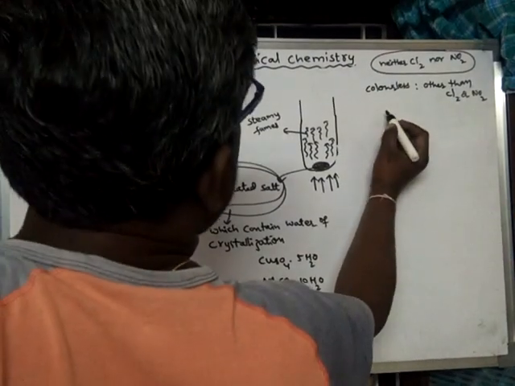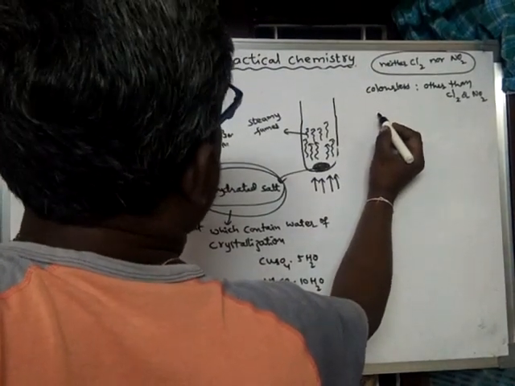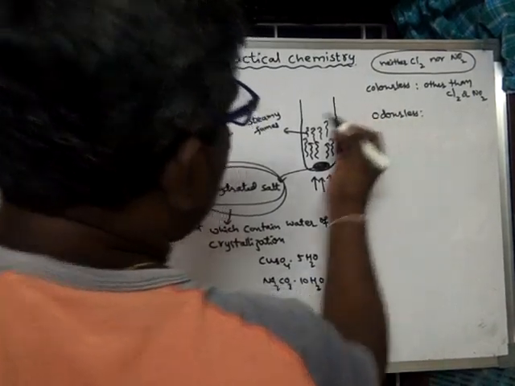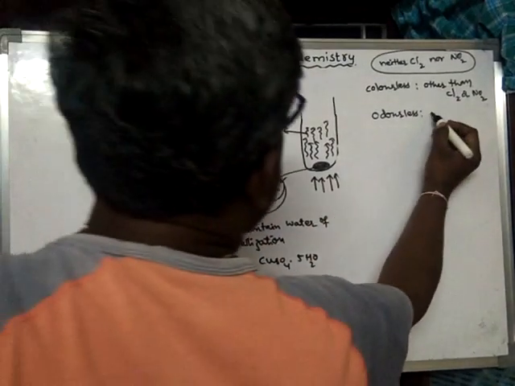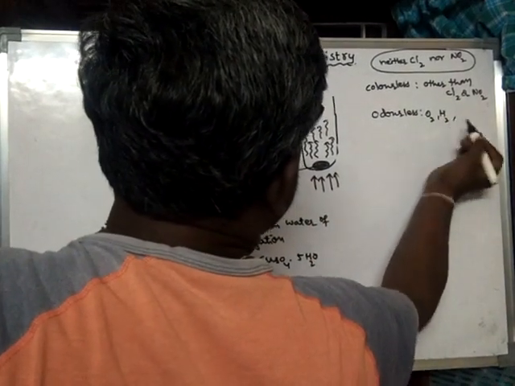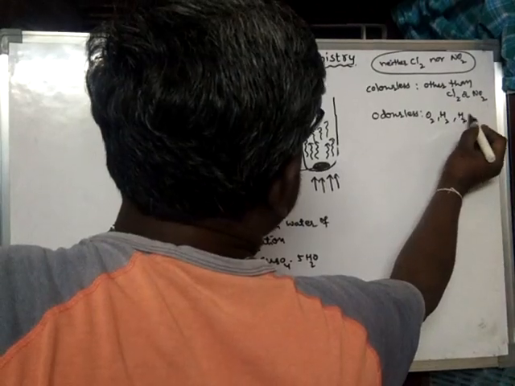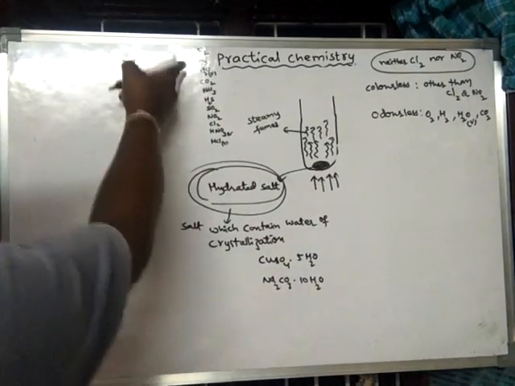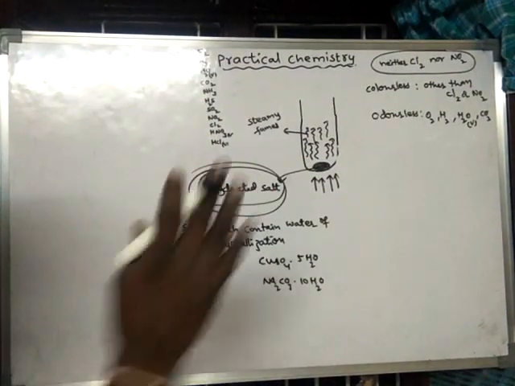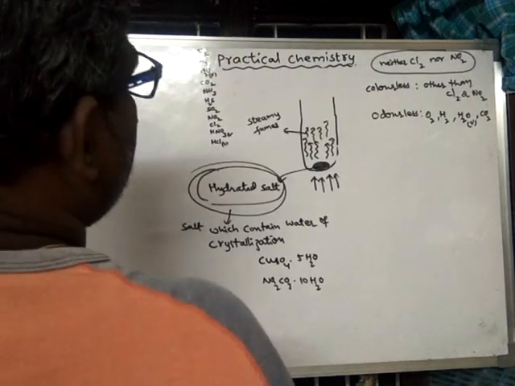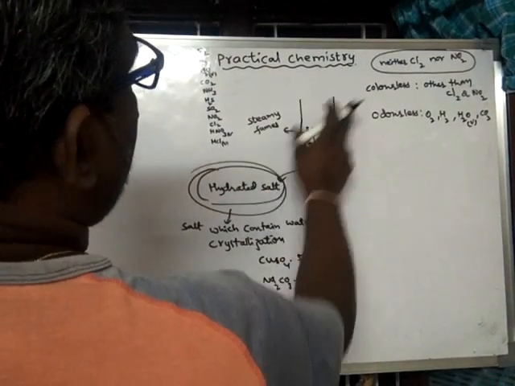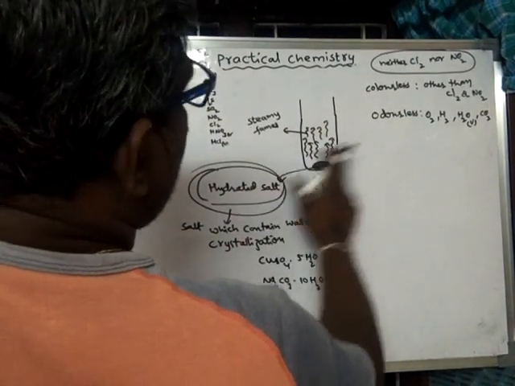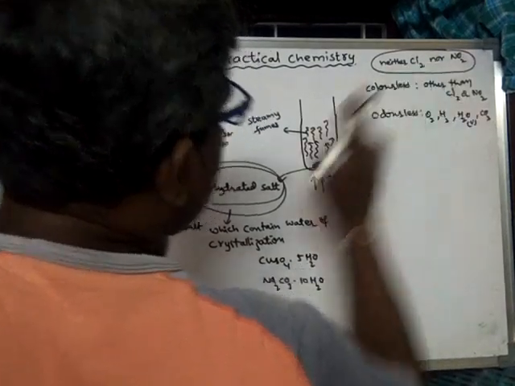Now we will go with the order. It is an odorless gas. Which gases are odorless? Already we learned that oxygen, hydrogen, water vapor and carbon dioxide are the only odorless gases out of this list. All other gases have some smell, right? So as this is colorless and odorless, finally we can say that this gas may be either this one or this one or this one or this one.